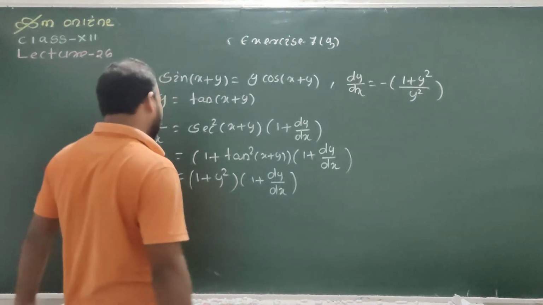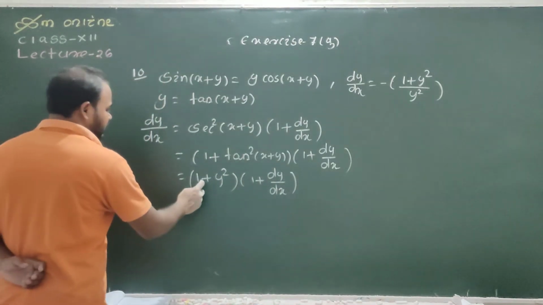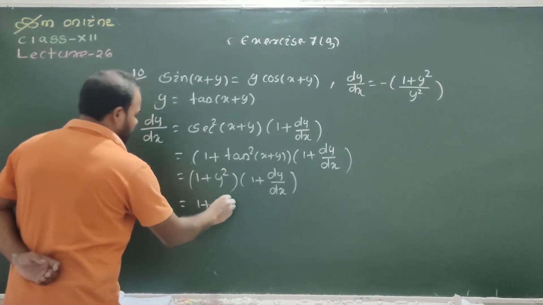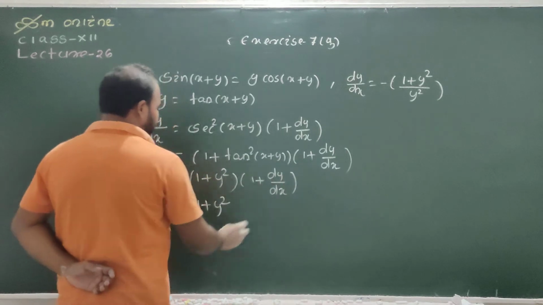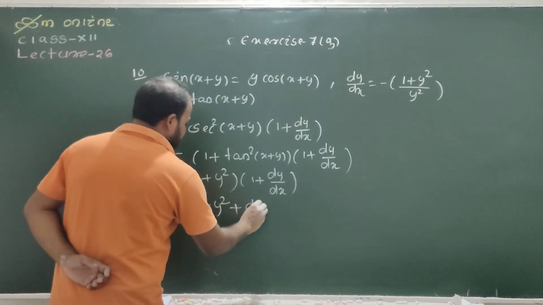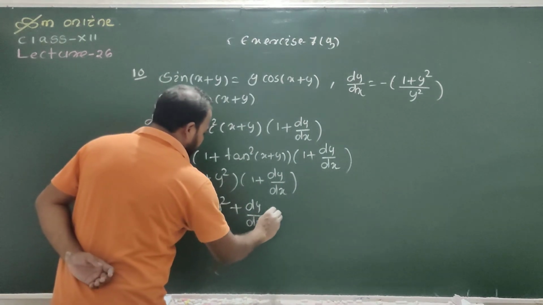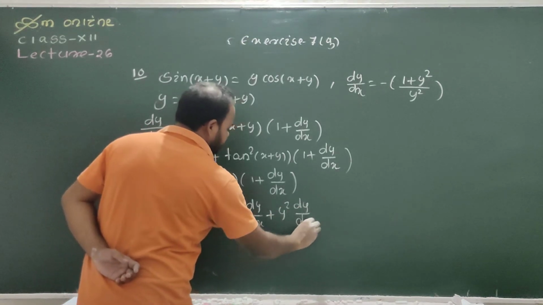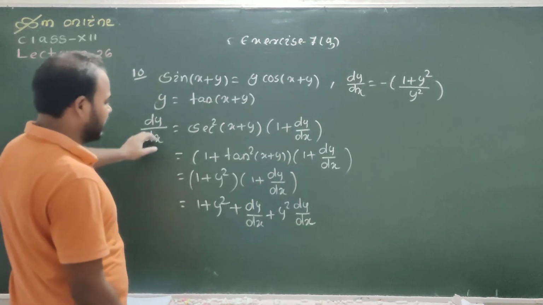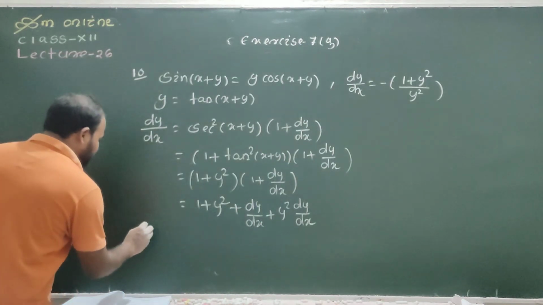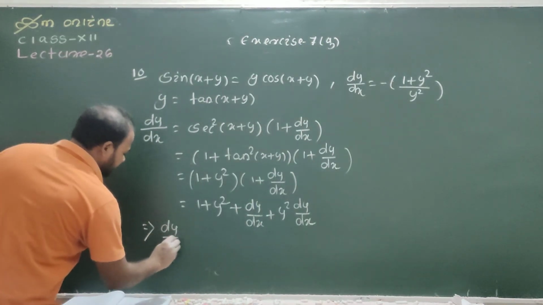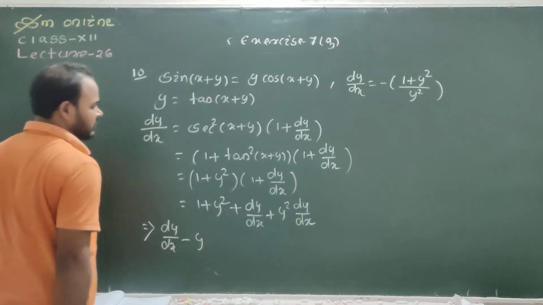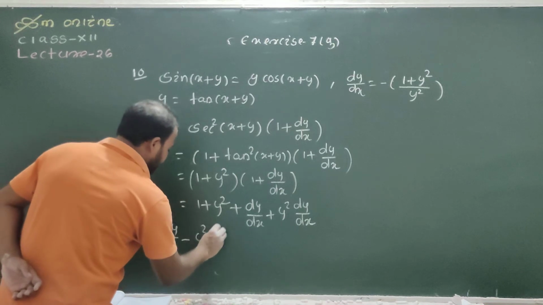Now it is 1 plus y square into 1, this is 1 plus y square, and 1 plus y square into dy by dx, this is dy by dx plus y square into dy by dx. And on the left hand side this is dy by dx, or this implies that dy by dx minus y square dy by dx